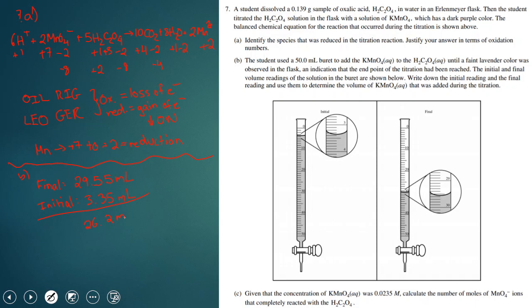And so the volume that was consumed was 26.2 ml. You could write 26.20 ml. That was, I believe, the accepted answer as well. In terms of significant digits, 26.2 is technically more accurate, but